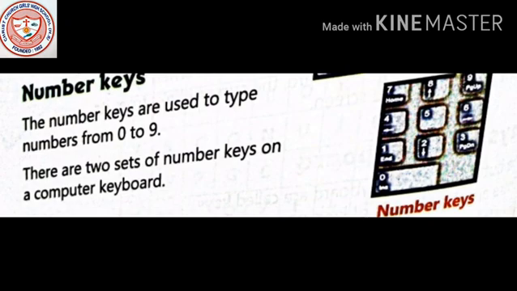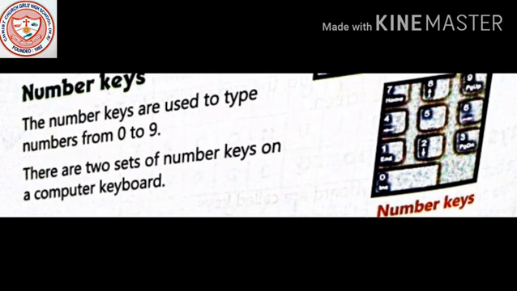So the number keys are used to type numbers from 0 to 9. You can type any number. You can type 91, 100, 1000, whatever you want. But there are only 0 to 9 keys on a keyboard.